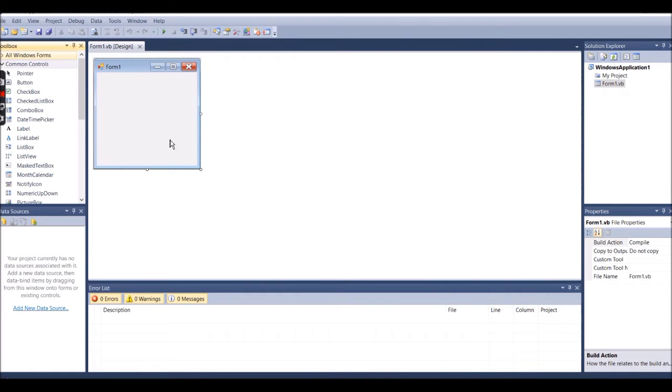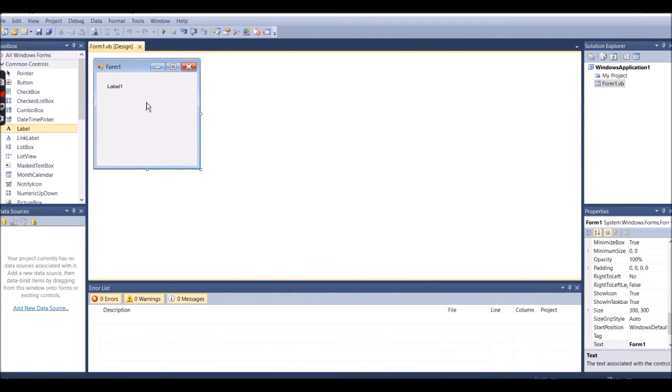Now let's start. First of all, I will show you how to print or display a message with the help of this coding. First I need to take one label. I will put it here and I will not write anything, keep it as it is.